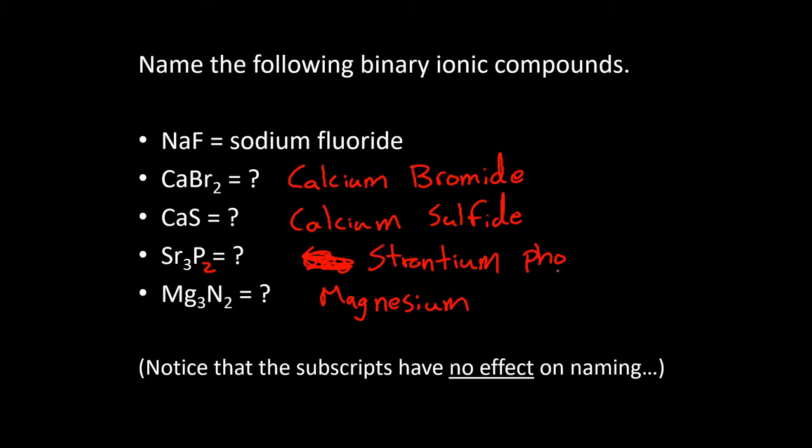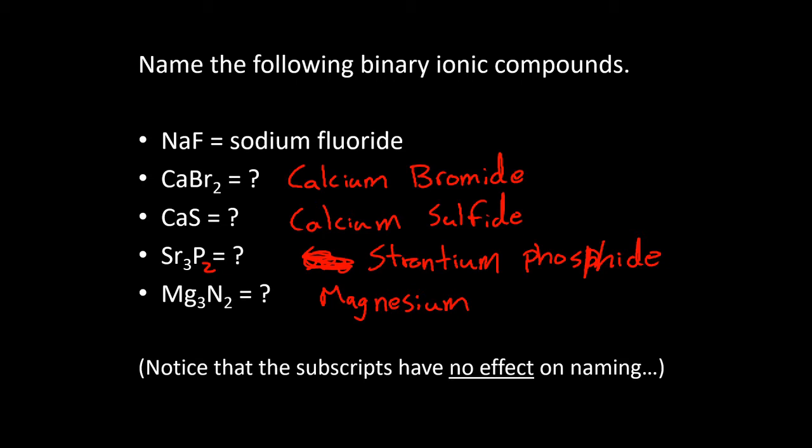So strontium phosphide. I'm really misspelling things for some reason. Sorry, that's kind of messy. So phosphorus becomes phosphide. Now, if you wrote down phosphoride instead of phosphide, I would still count that as being